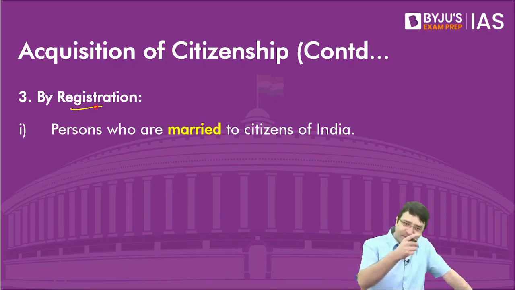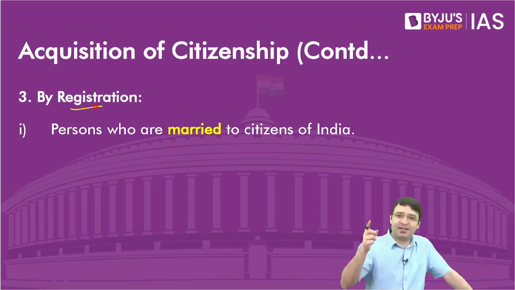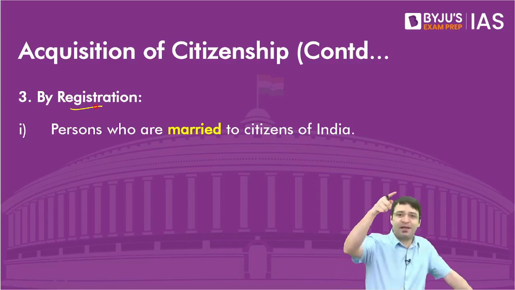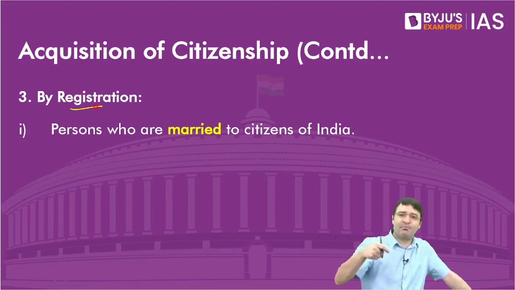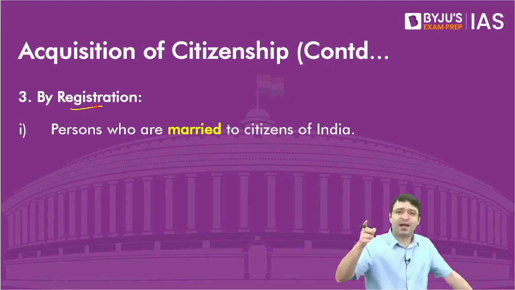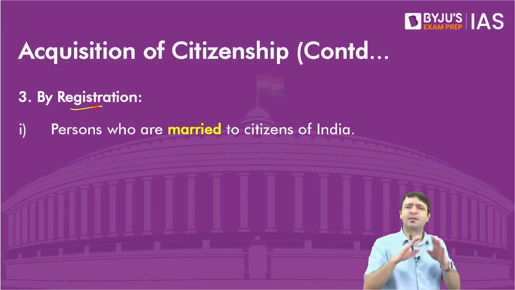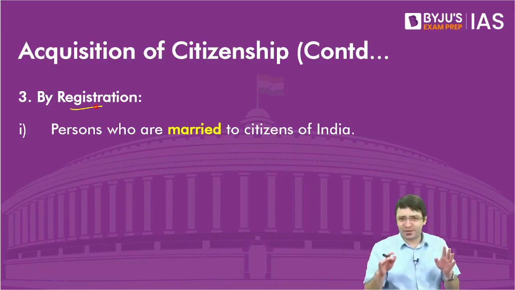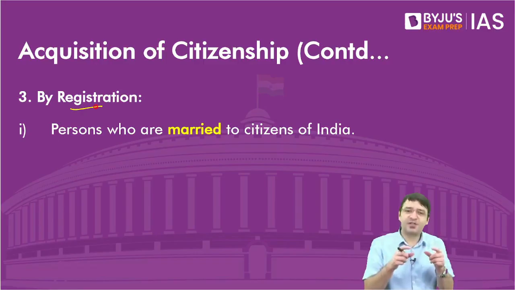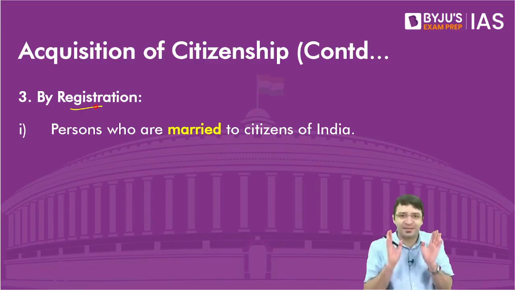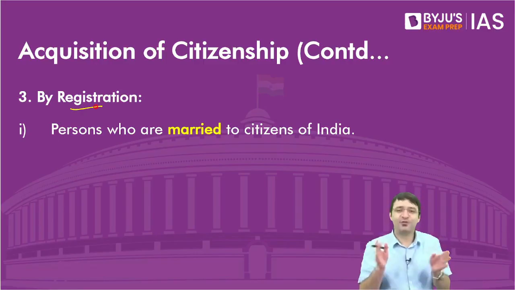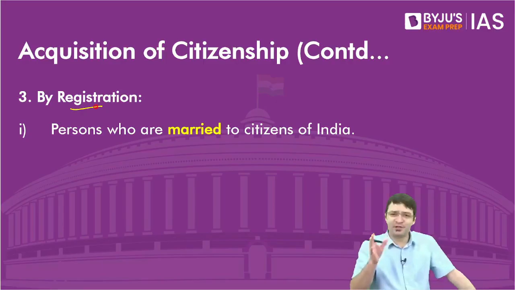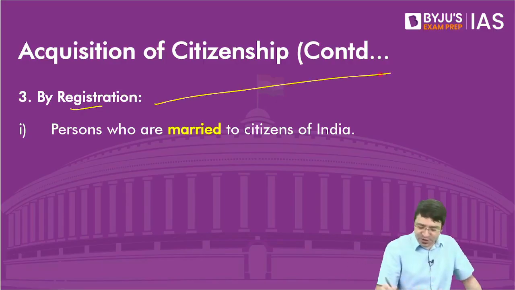Sir, what will happen if I travel to the United States, then I marry somebody, then we want to come back, then we want to go back? There can be hundreds and thousands of permutations and combinations. But here in the civil services examination, on this chapter, numericals will not be asked. So you don't have to worry about these permutations and combinations. Just understand the concept. By registration, for example,